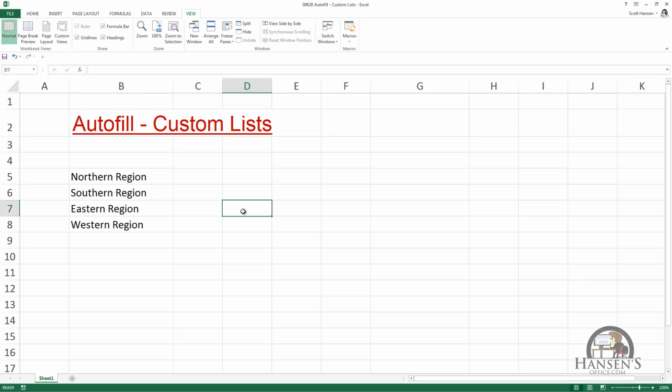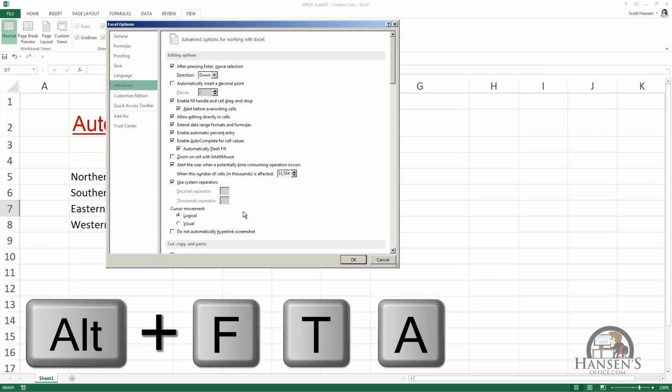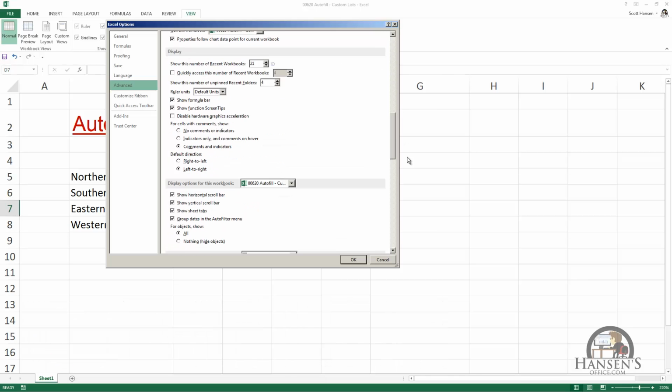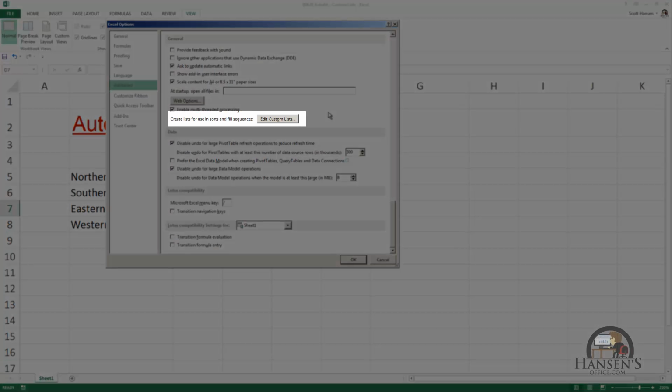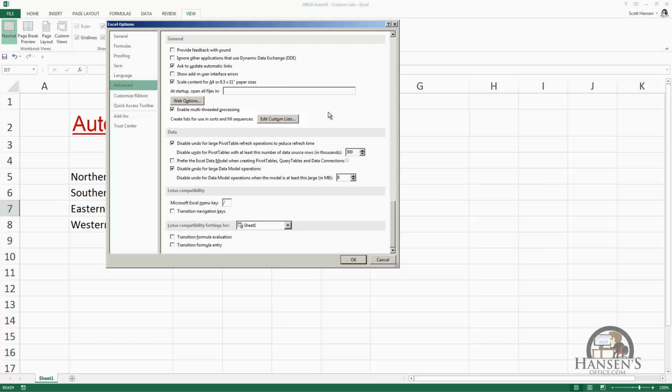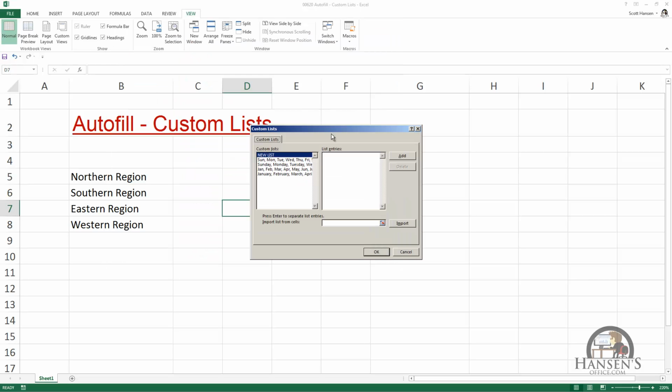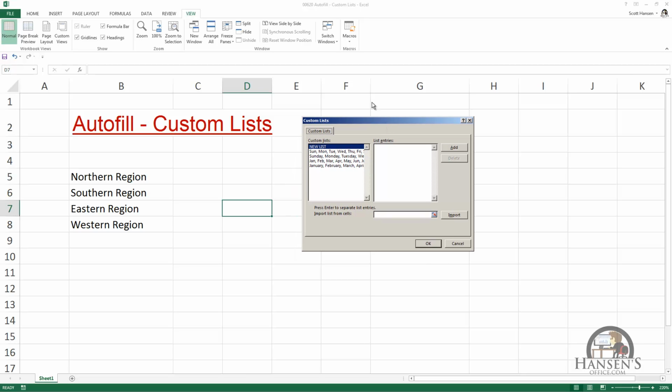In order to get back to the place where we do this, we need to go back to the Excel Options dialog box, and we can get there by pressing Alt-F-T, A for Advanced, scroll down all the way to the bottom, and we have Create Lists for use in sorts and fill sequences. Edit Custom Lists. We're not going to create this list for sorts, but we're going to use it for fill sequences. So I'm going to click on Edit Custom Lists, and we see that we already have some. In the out-of-the-box version of Excel, we've got the days of the week, and we have the months of the year. But we can add our own lists by typing directly in here